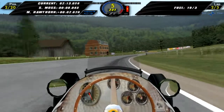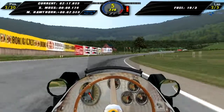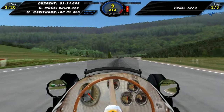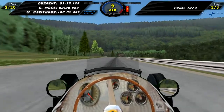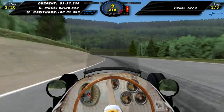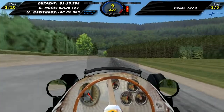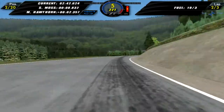The problem is, if you lose it, you would basically be dead. We were pulling away from Mike Hawthorn, but it seems that long straight has given Mike some rebound there. Hopefully we can hold on for this last lap coming up and get another podium to continue